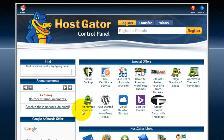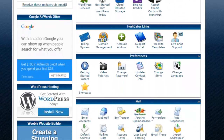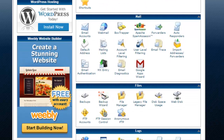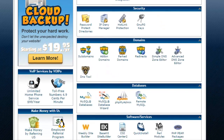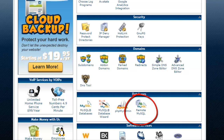This is where you will have all the options from seeing your account information. You'll be able to set up email addresses. You'll be able to view the files that are on your hosting account. This is where you can create subdomains if you would like. And then here when you get to the software and services section, you'll see that there's a button called Quick